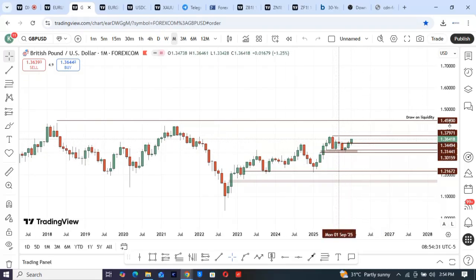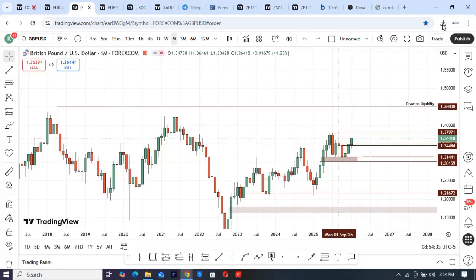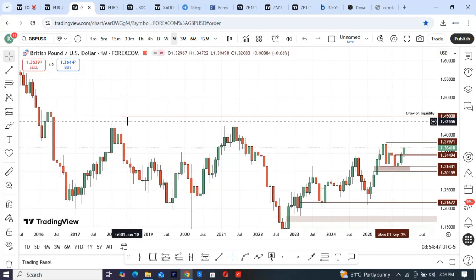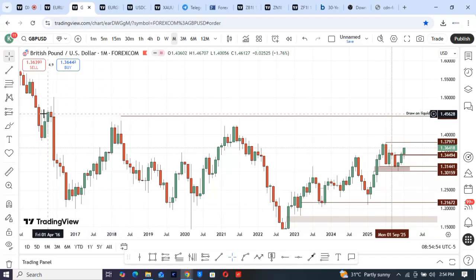You see, it's already serving as support now. We want to see this order block serve as support to push price to 1.45 big figure, but at the same time price takes out liquidity over here. So at the same time we might also see price reaching out for the rejection block over here, and overall the liquidity right above the swing high, the swing point here,